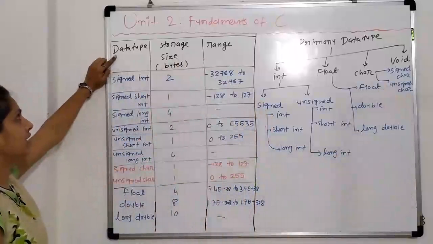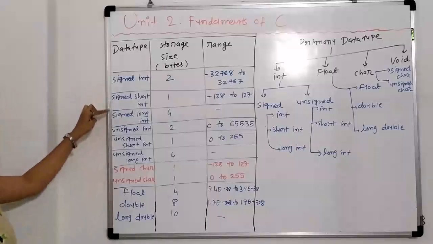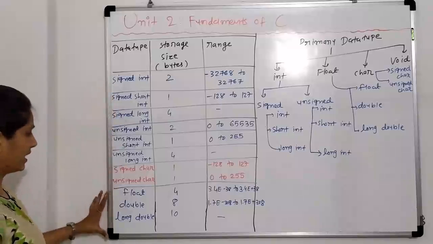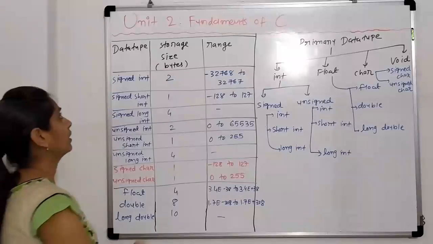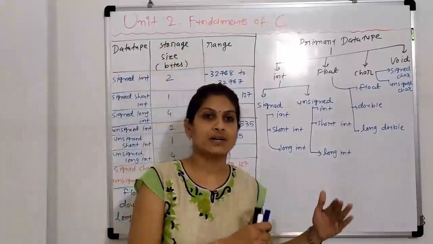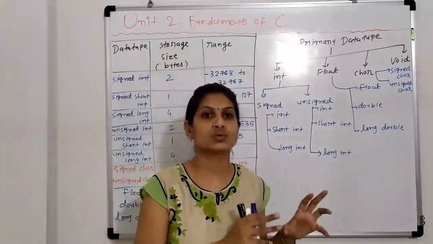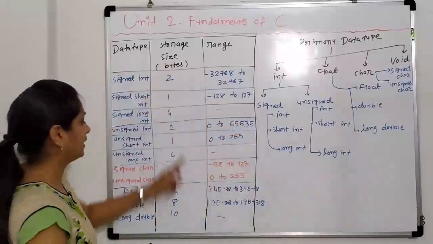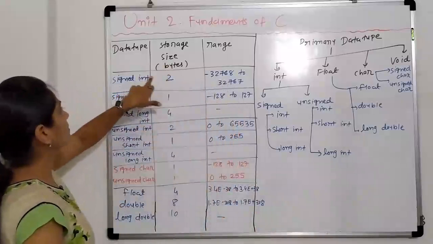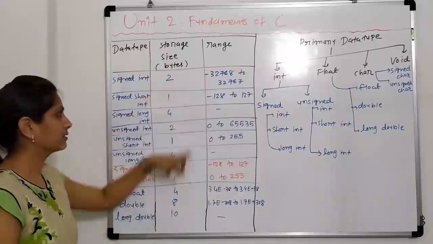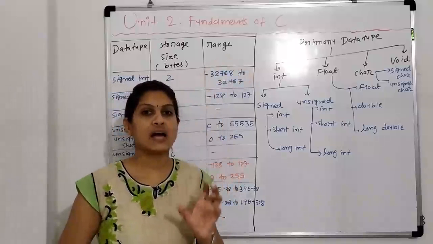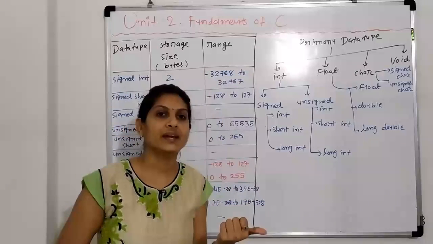Here first we write down all the data types: 1, 2, 3, 4, 5, 6. These 6 are integer. Then 2 are character, and next 3 are float. The next column indicates the storage size. Whatever value we store in memory, how many bytes it requires to store that particular value is indicated here. Suppose I am writing integer 2, for example. So for integer it requires 2 bytes. This is indicated according to this column. And last is the range. How many values are possible for that data type?